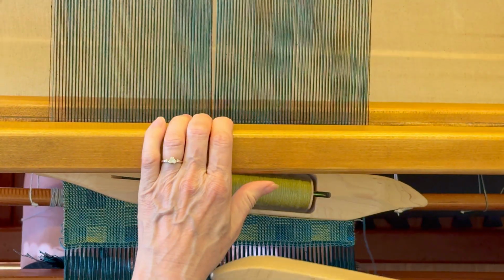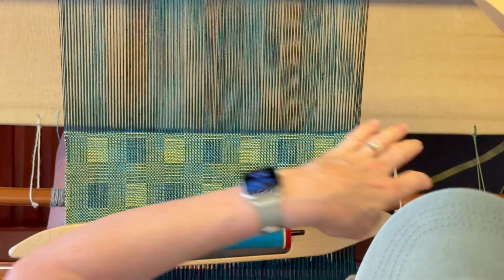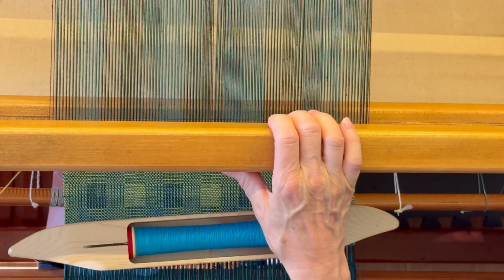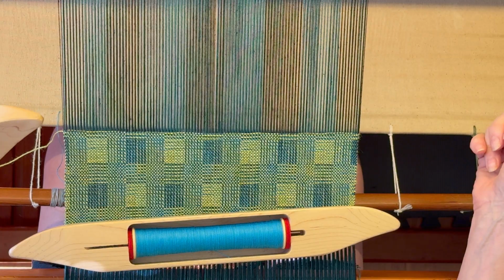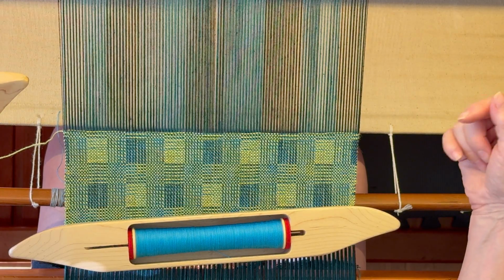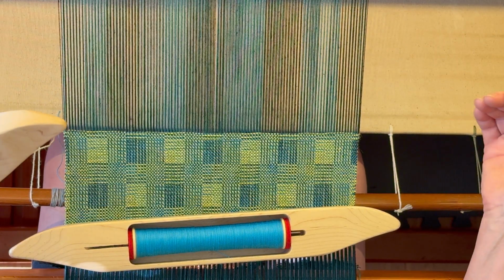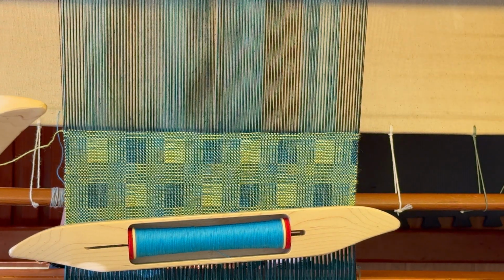And you have to be careful and conscious of your beat on this project. Because I had a question about the tie-up between the printed version and the electronic version, there was a discrepancy in the tie-up, and I posted it on a weaving group on Facebook, and